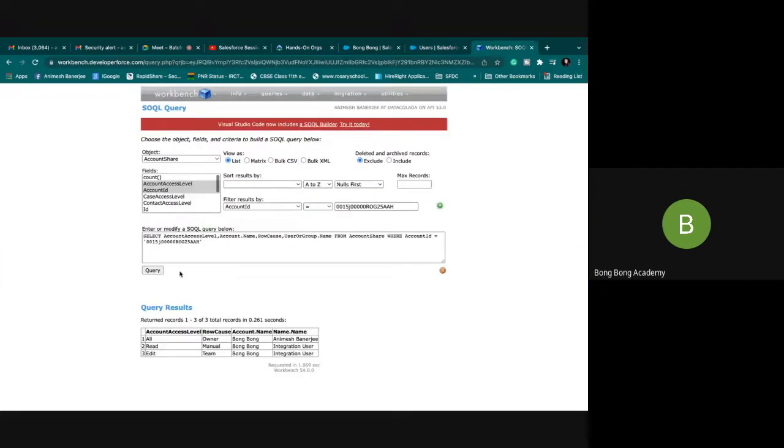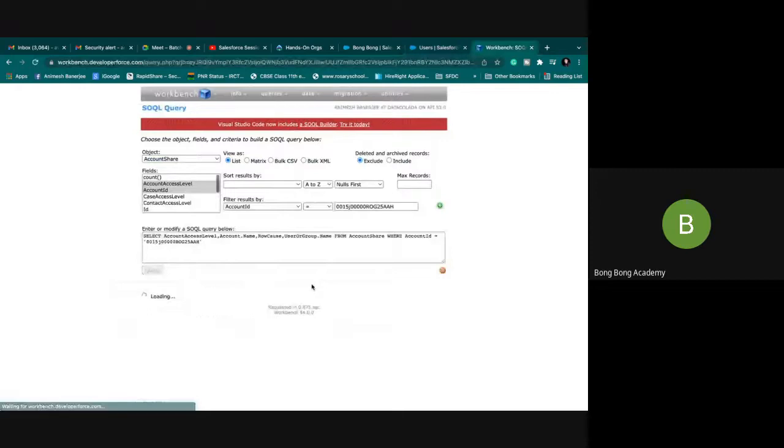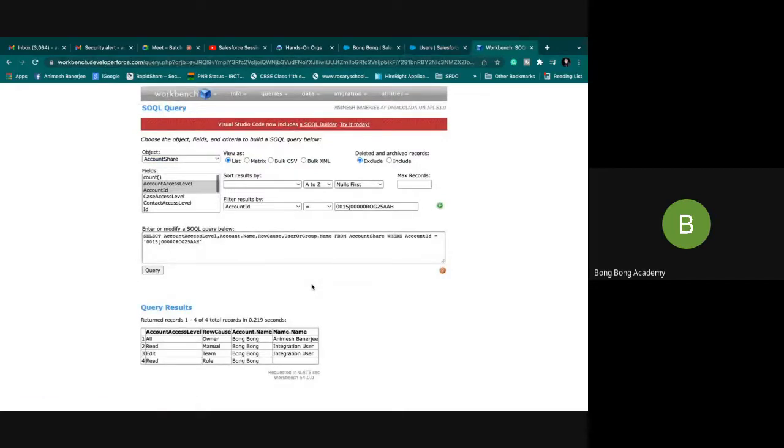Now let's go and check. Now you see read access has been given to BongBong and it has a group ID. That's why the name is not coming. So if I say user ID, group ID, ID.